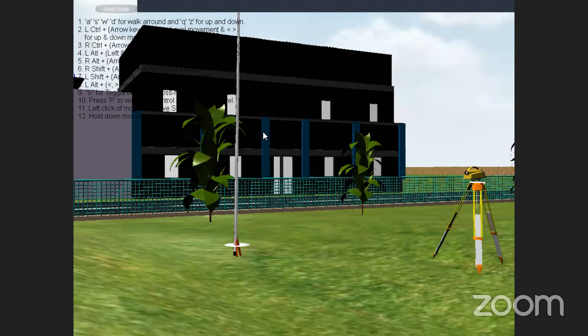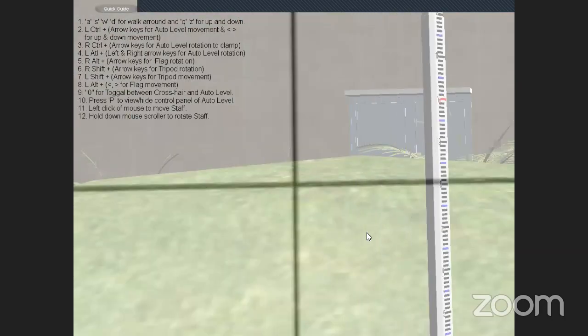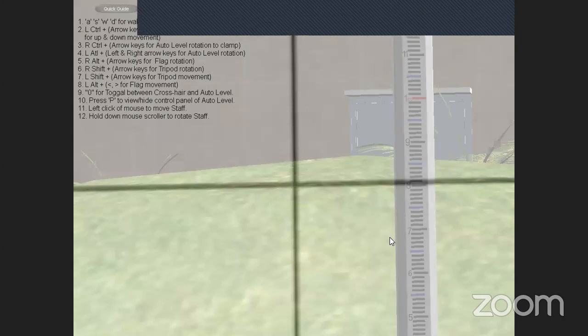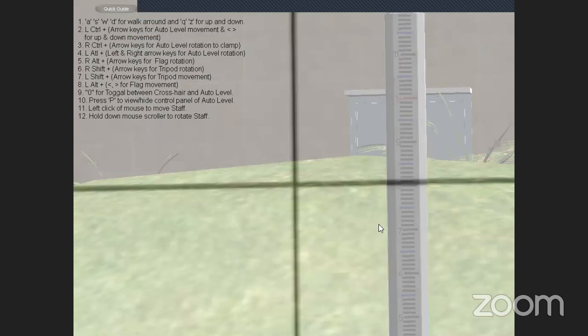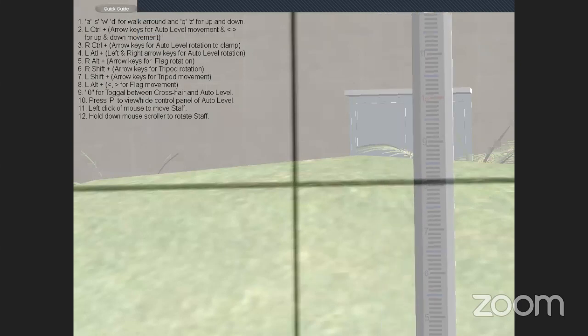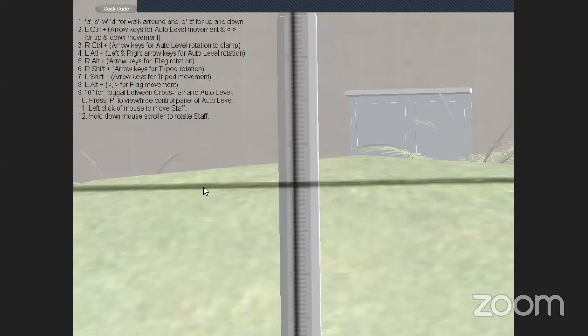We need to rotate the staff by using the middle button of the mouse. So now it is 0.81. Okay, 0.81. Yeah, it is 0.81 meters. This is the back side at C. By turning the staff, we have taken the back side.